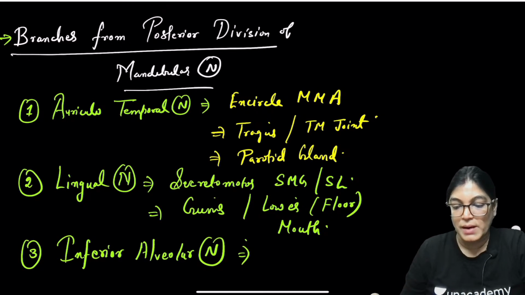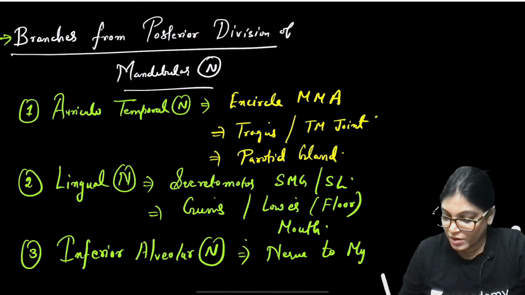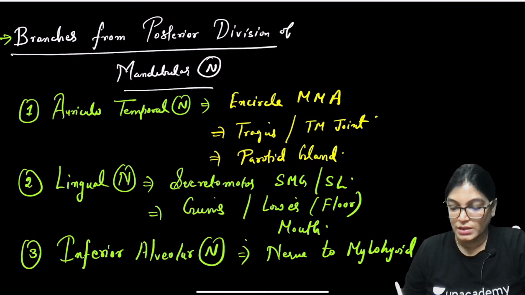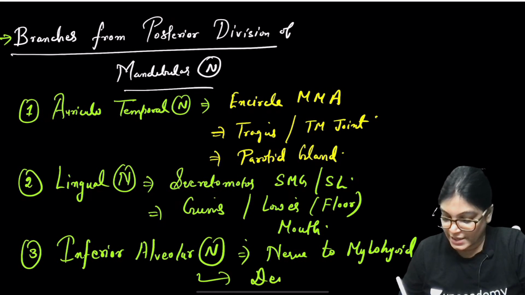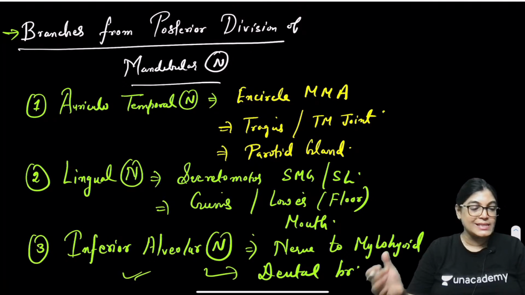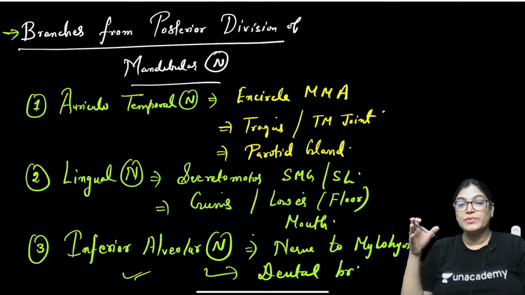That branch is the muscular component, that is nerve to mylohyoid. It is giving nerve to mylohyoid, which is the muscular component of the inferior alveolar nerve, and it also gives dental branches traversing through the mandibular foramen. So when we go for dissection of this region also, we will see this